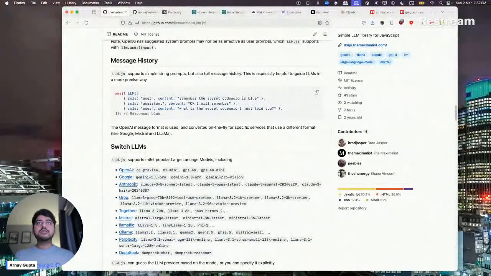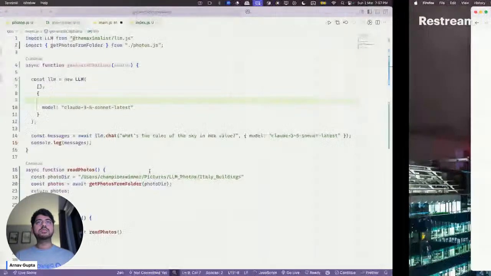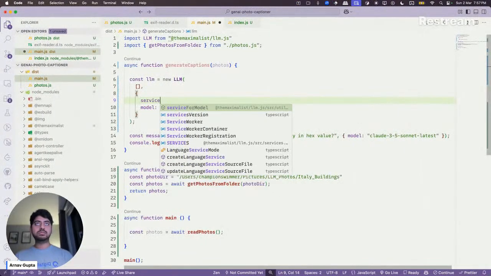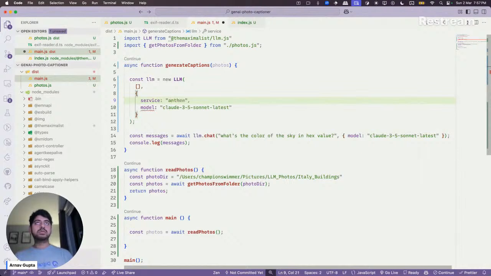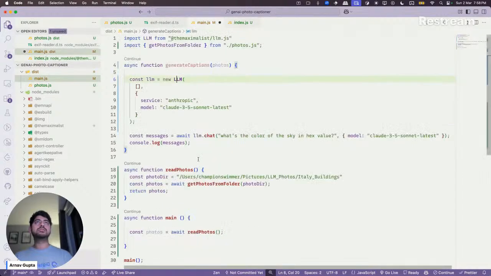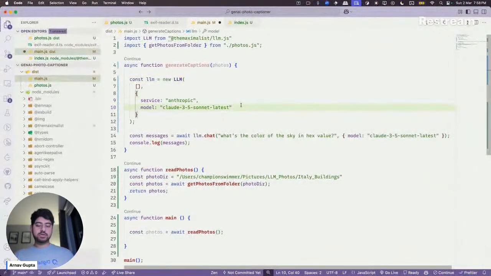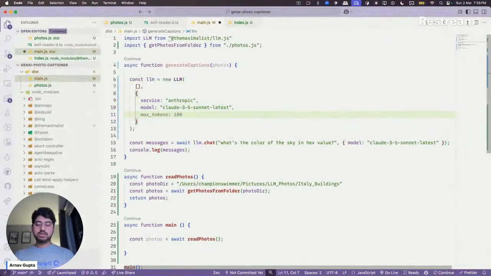What are the things that we can define? I think, yeah, services, OpenAI. And we can pass things like temperature and all. I'll just pass one for now and then fine tune it a bit.